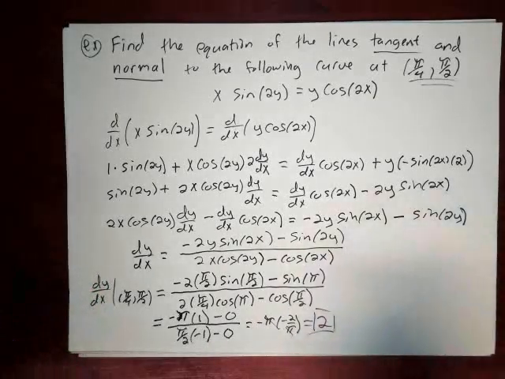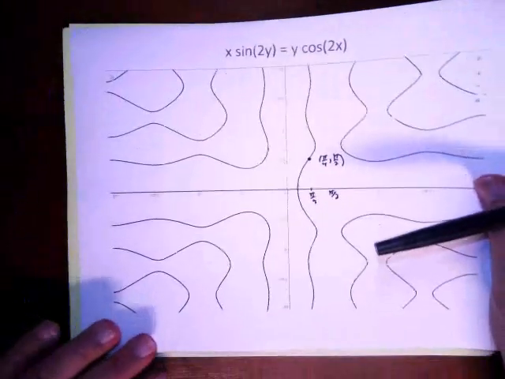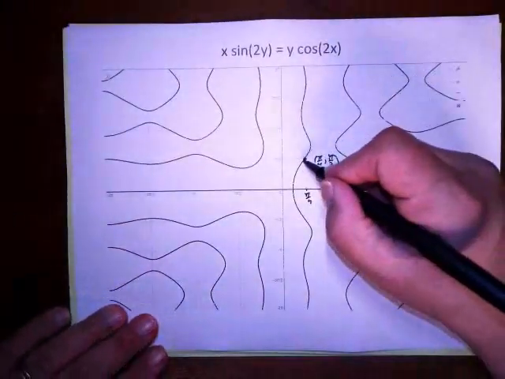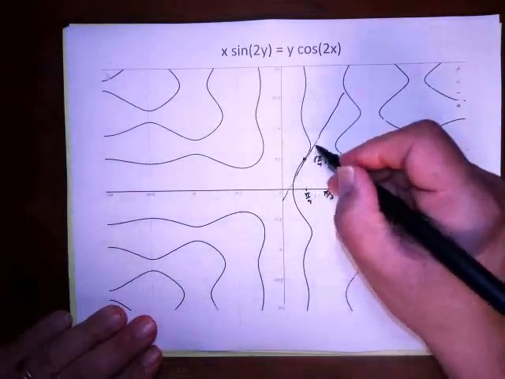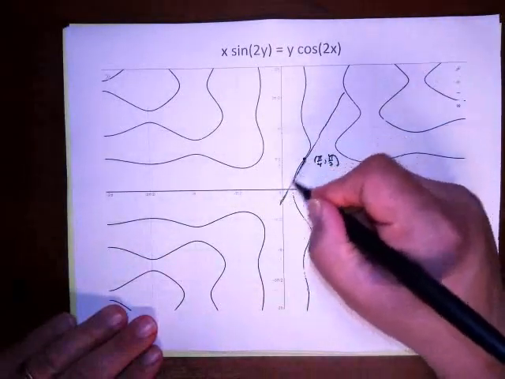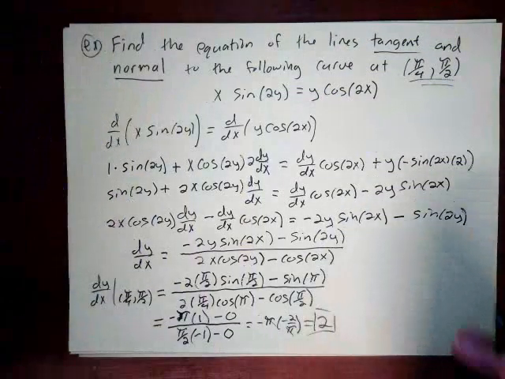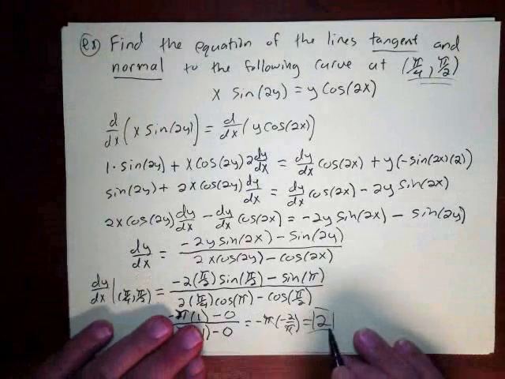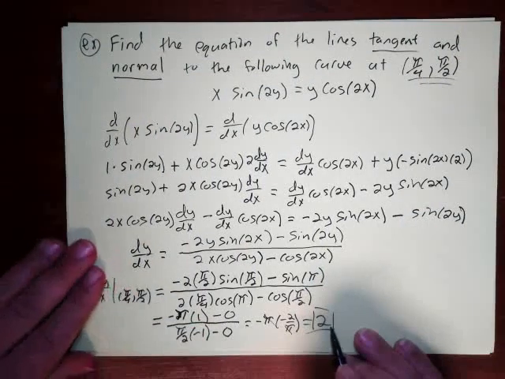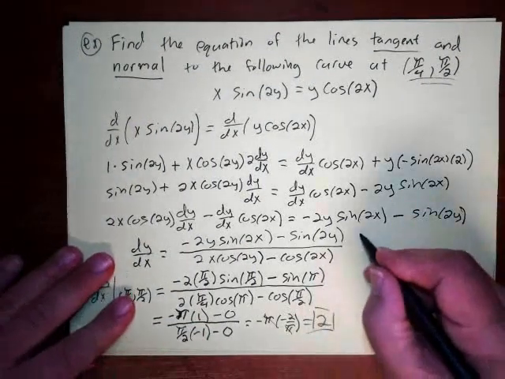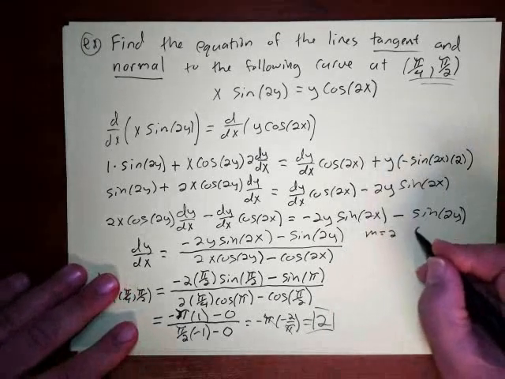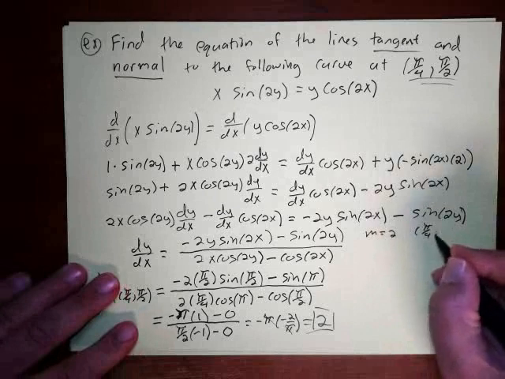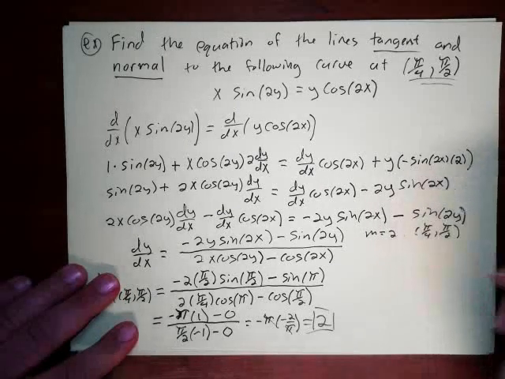Okay, and so that's what the slope of the tangent line is at this point, and that makes sense. If I actually draw that tangent line here, the slope of 2 makes sense, doesn't it? Okay, very cool. So now the slope of the normal line will be negative 1/2, right? So I'm going to find the equation of the line when I've got a slope of 2 and pi over 4, pi over 2 for my